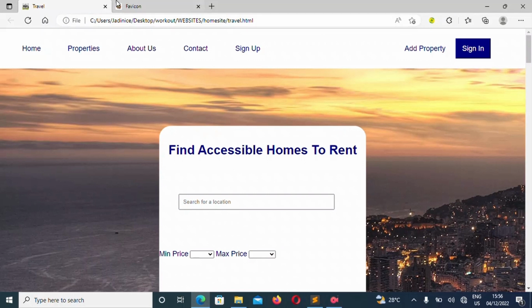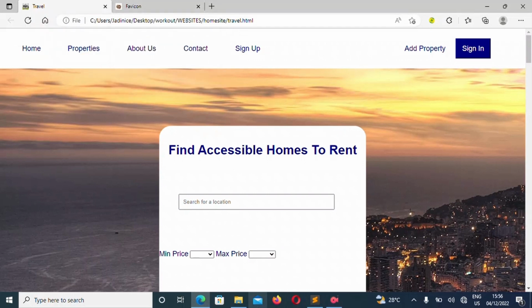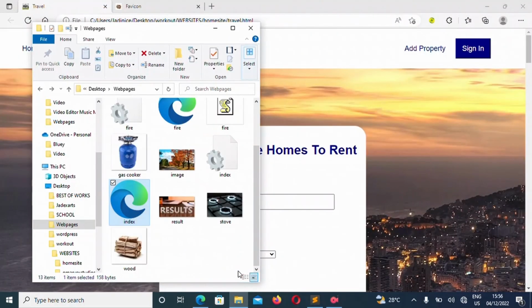And as you can see, it's close to the title in the head. So there, we've created our own favicon, and now we can write whatever we want in our web page, although it is blank. Okay, so there, you've seen exactly how to create a favicon, and you see that it is this image over here that has now appeared at the head.